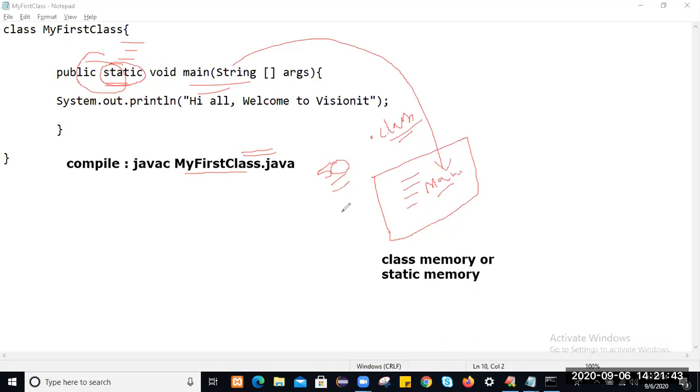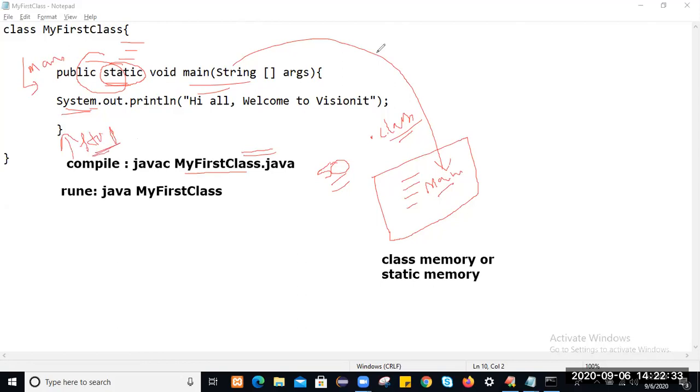And when you execute this program, how do you execute it? To run your program, we use java MyFirstClass. The moment you run this application, the Java compiler will start your execution from the main method. All the logic you have written within the main method will get executed, and finally your execution will stop at the main method. This is the first application we developed.